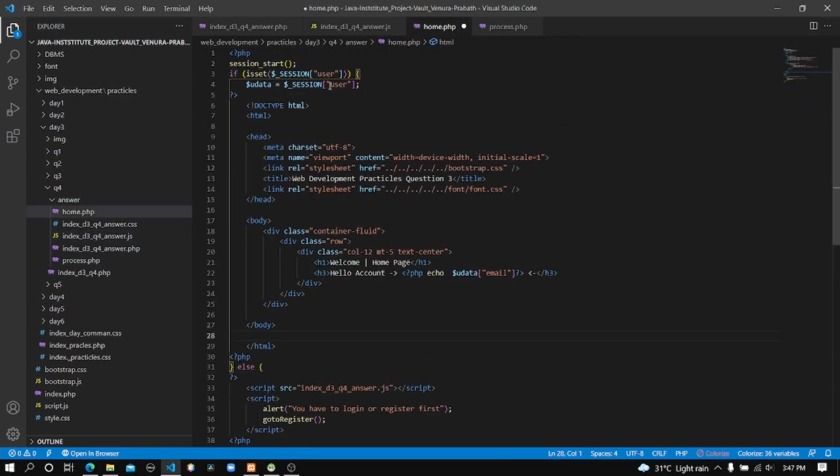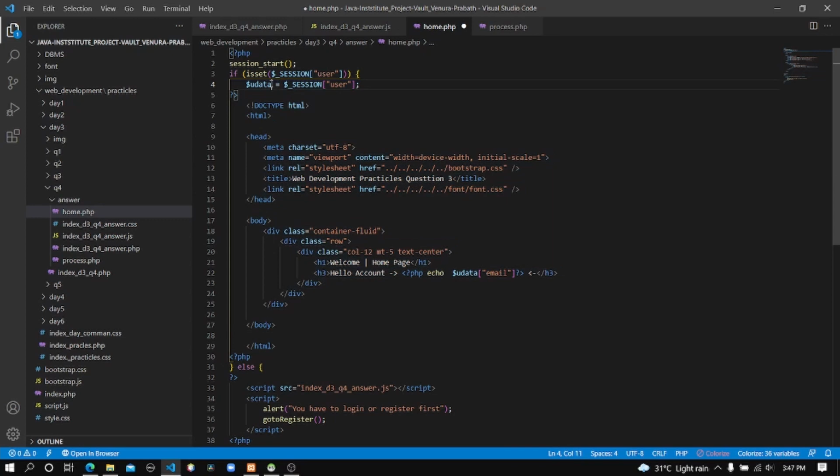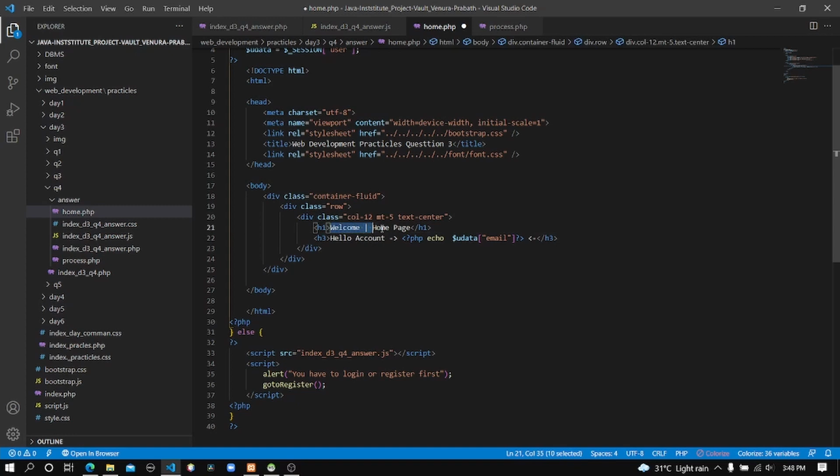So if there's a variable called user, it will execute this part, and I created a new variable on the top and assigned that associative array to this user data. And after that, here's the same common HTML element set in our home page, and here's the welcome text.